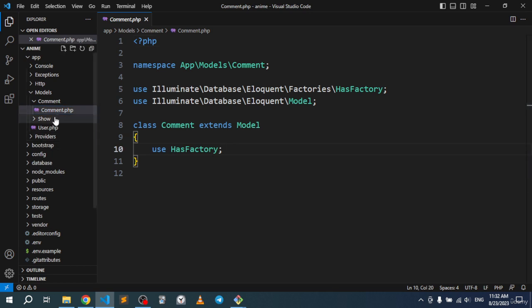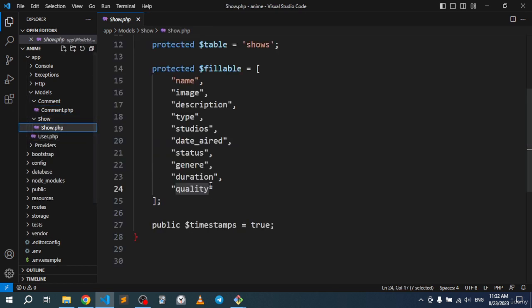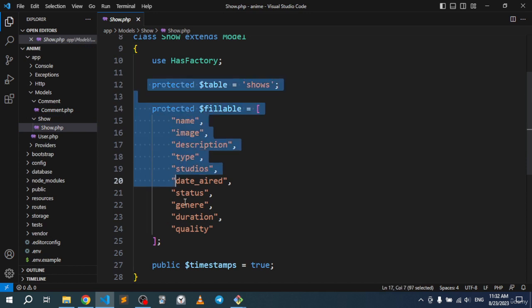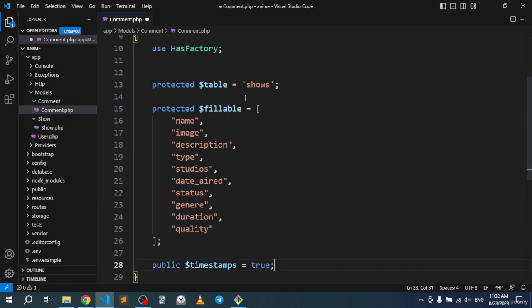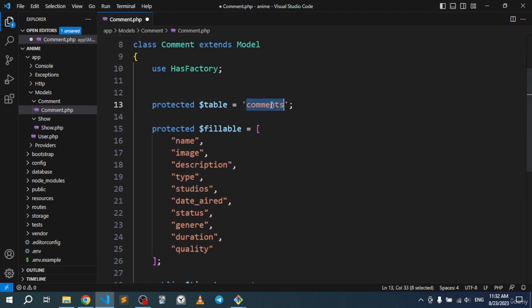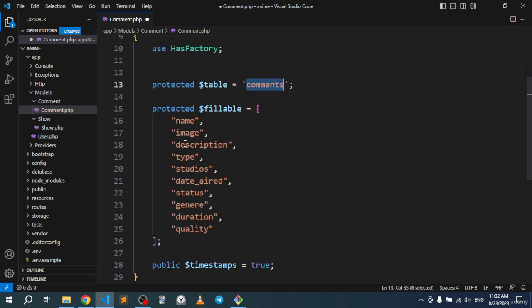All right, so awesome. I'm gonna go to the show model and copy this code so we will not waste any more time writing it again. Let's go ahead right here and just paste. All right, so the table for this will be comments. It's actually a convention to keep the table name related to a model plural like this. So in the fillables, we will need to insert the user ID, because we need to grab